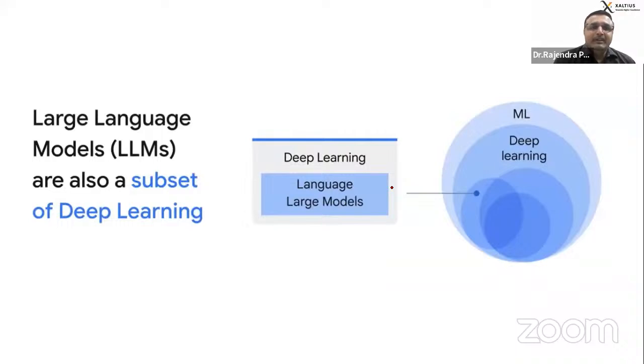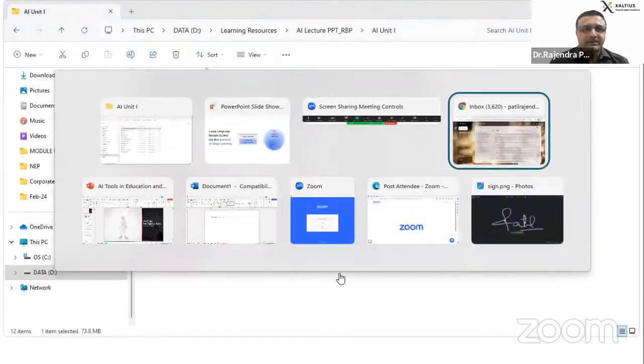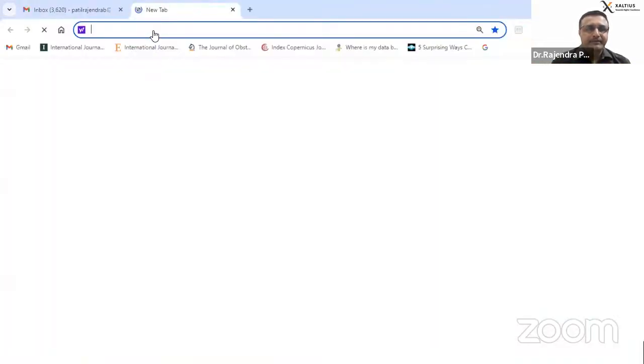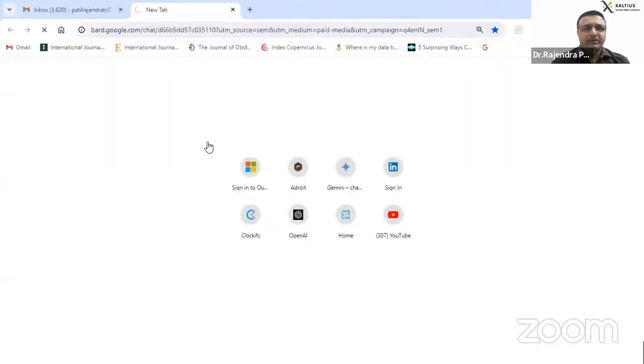When you use ChatGPT, what exactly happens is that there are large language models. You ask for a prompt, like give me the lecture notes for some subject. It generates the lecture notes and then you get the reply, isn't it? I guess you might have used ChatGPT and all, but still I will show you how to get into it.